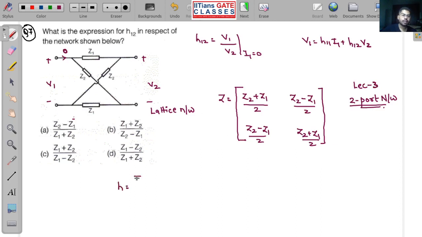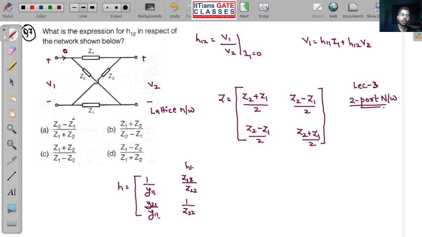So H parameter is basically defined as what? So my trick is what? You are going to write this principal diagonal element, what it is. This is 1 by Y11 and this will be 1 by Z22. The above term will be what? It will be same, and this 2 it will remain the same. So Z2, what is the next term remaining? Z12. Similarly here in the denominator Y11 will be same and this 1 will be common. So here also it will be Y1. So what is the next term? That is 2. So Y21.